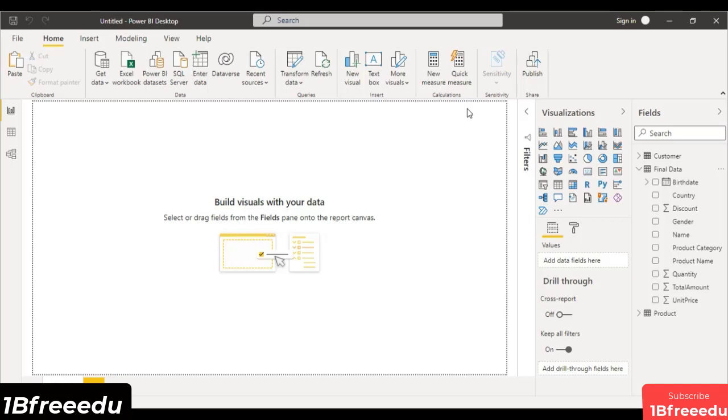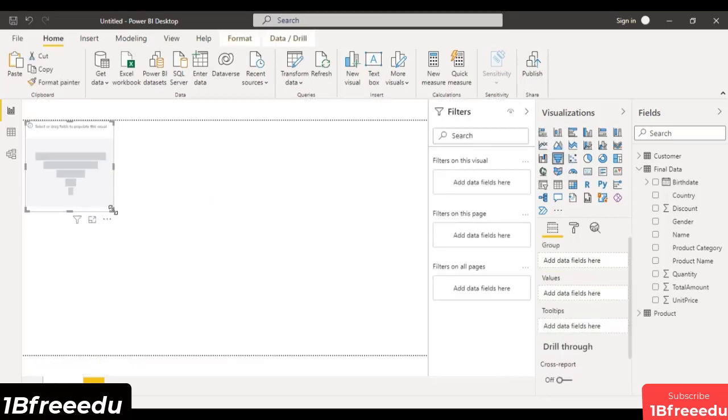So let's get started. The first visualization that we had in our report, that I just showed you in the introductory video, was a funnel chart. So what is a funnel chart? This is how it looks. In the visualizations pane, you will get all the visualizations that are supported by Power BI. You can just click on any of those which you want to work with, and its blueprint would be there on the section. This is the working board, where your report would be prepared.